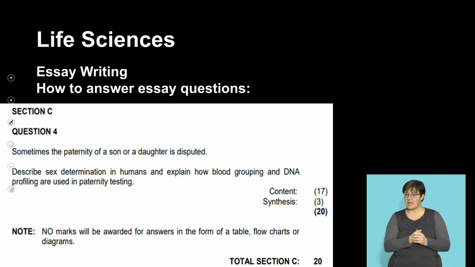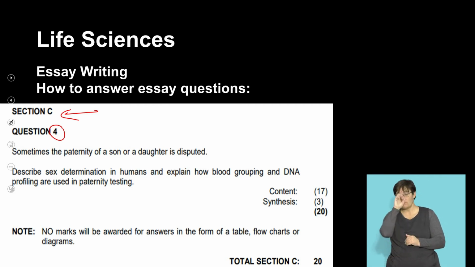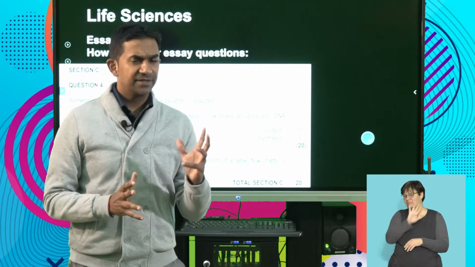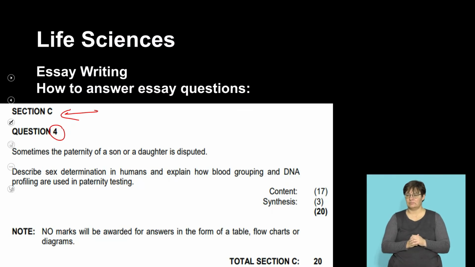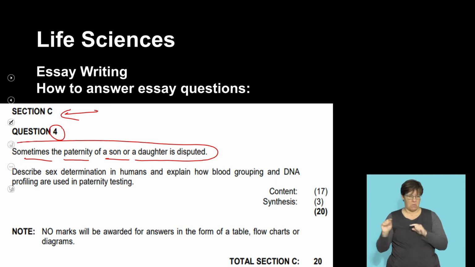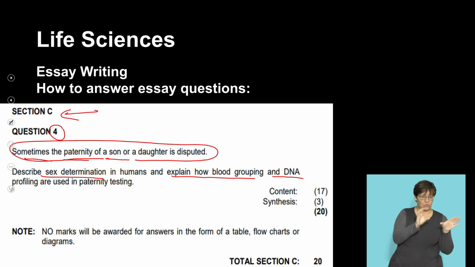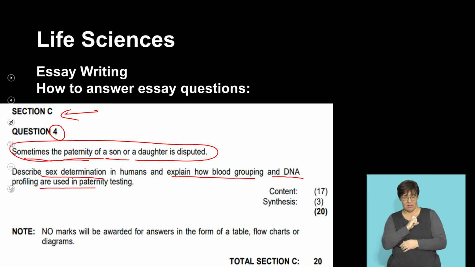The question reads, it's often question 4, and that's in section C. Towards the end of the paper, this is the question that you're often left with. I generally remind learners to keep around 30 minutes for this last question. Again, let's read this. Sometimes the paternity of a son or a daughter is disputed. Let's read further. Describe sex determination in humans and explain how blood grouping and DNA profiling are used in paternity